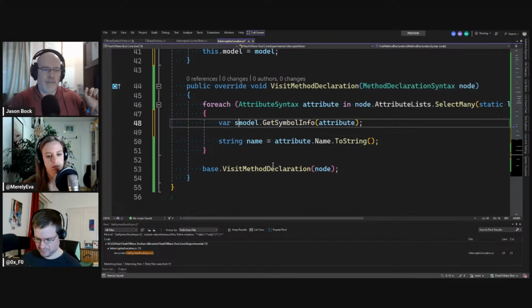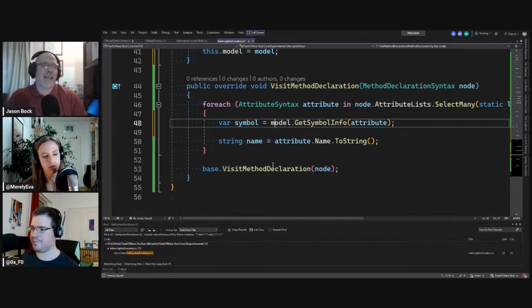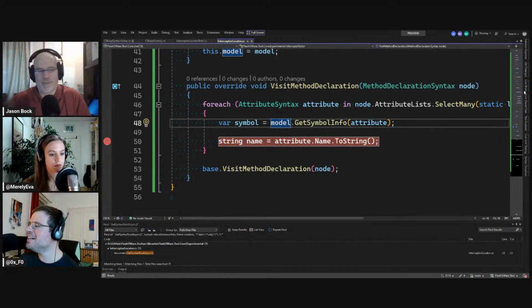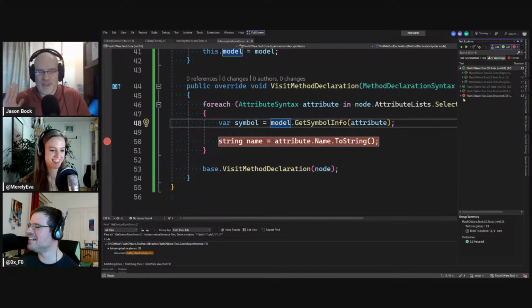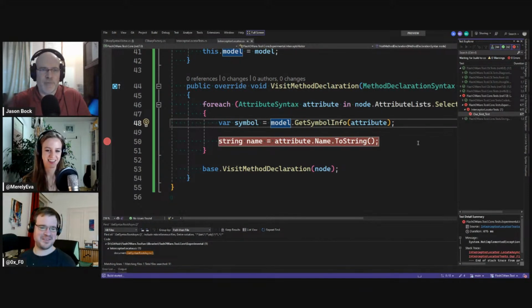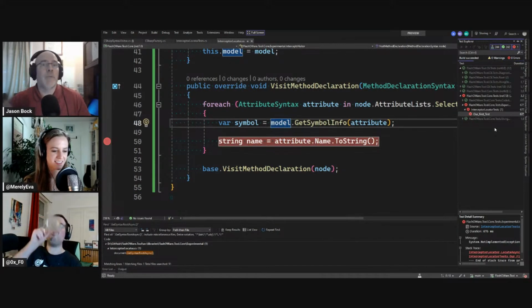Yeah, symbol info? And I have to admit, as much as I do this, and for people that are watching, this is also just something to know: this compiler API stuff, Roslyn stuff, is really cool, really fun, really powerful, but it can also be a little bit painful because it's not something that a lot of people know about.